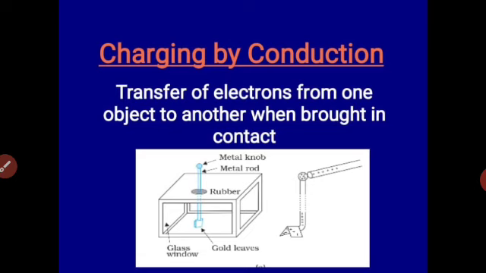This you can see in the previous video with the title Electric Charges, where we have seen the practical model of the electroscope and how it works. So when we bring a charged object and touch it with an uncharged object, the uncharged object acquires charges. This method is charging by conduction.